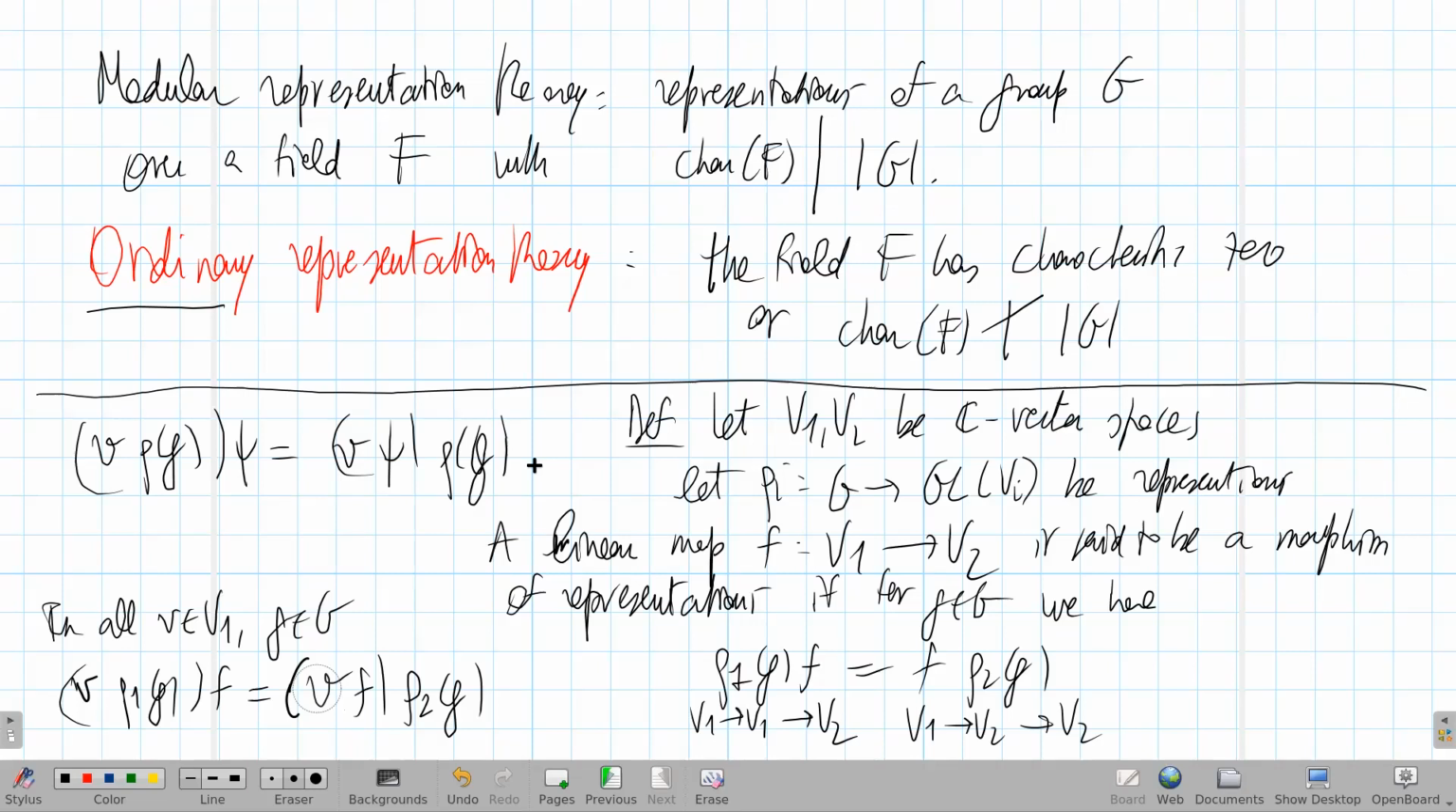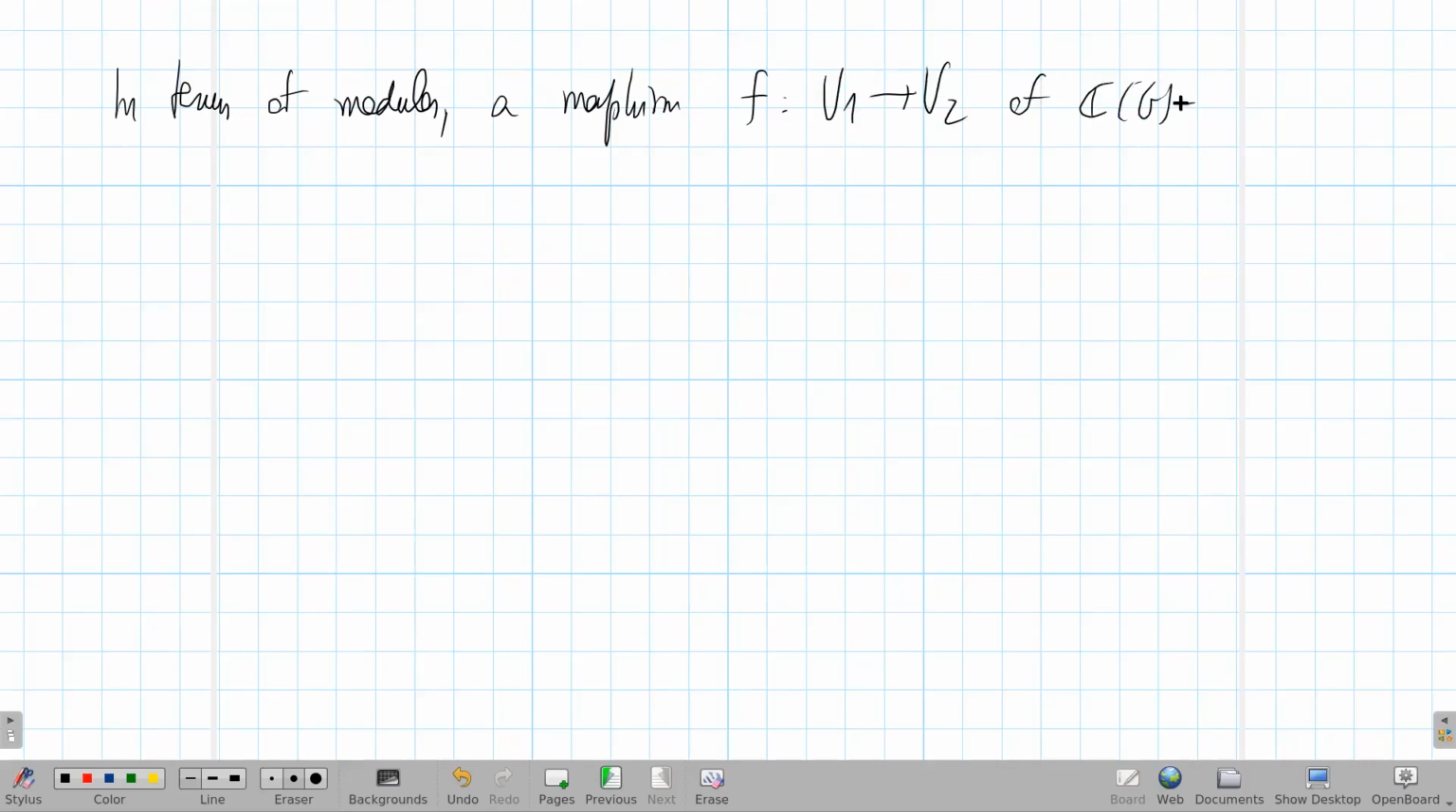So we have already seen examples. These are morphisms of representations. You can also have isomorphisms of representations. But first, a rephrase in terms of modules. A morphism f from V1 to V2 of CG modules is a map such that